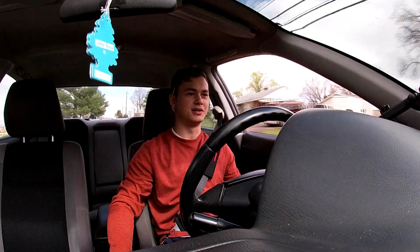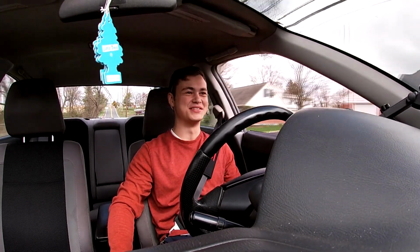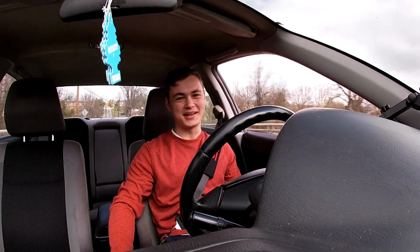Passed like 2 cops there. No bumper, no working front headlights. Blinkers in the rear don't work because they're not even plugged in. The connectors don't work, but